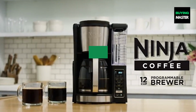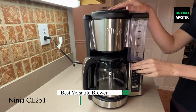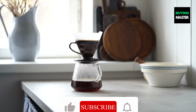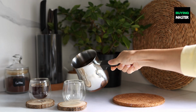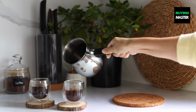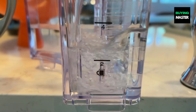Thanks, Tom. Number 5, the Ninja CE-251, Best Versatile Brewer. The Ninja CE-251 coffee maker is all about versatility, making it a hit in households where coffee preferences are as varied as breakfast orders at a diner. With options for both single cups and full pots, it's ready to serve anything from a quick caffeine fix to a full-blown coffee marathon. The 12-cup capacity is ideal for families or anyone who loves having a little coffee security,